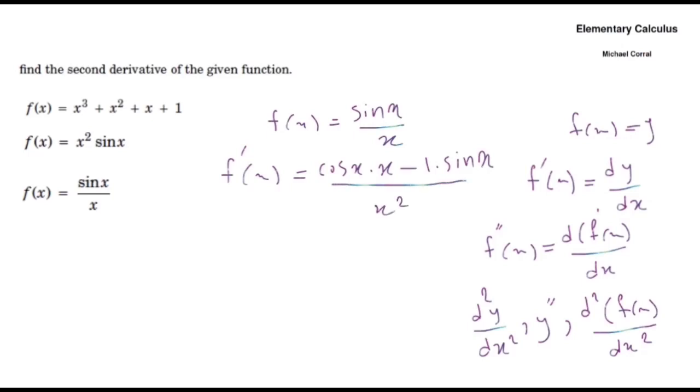So f prime x equals (x cosine x minus sine x) over x squared,